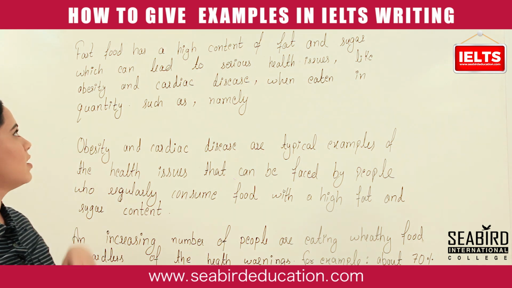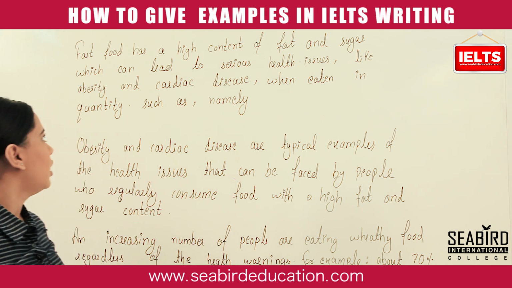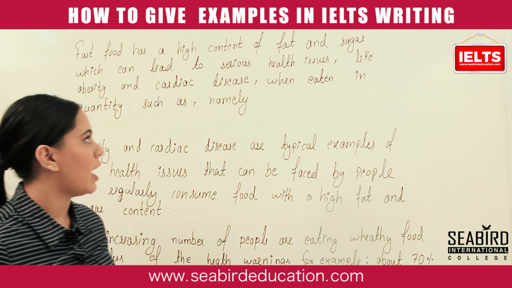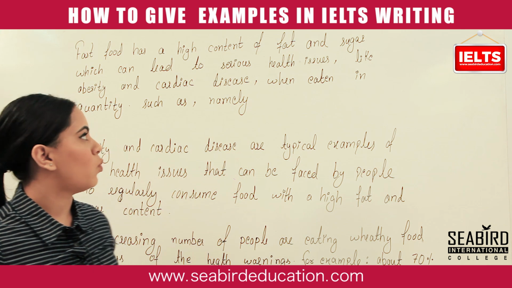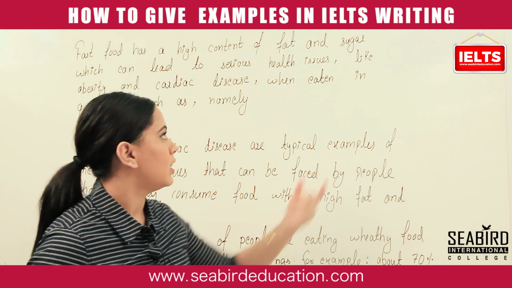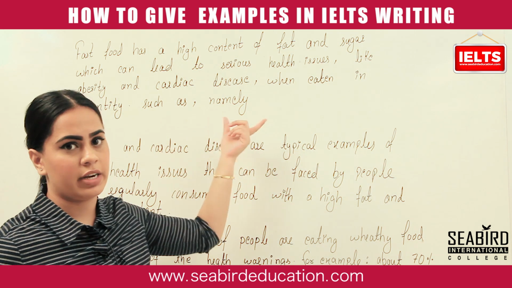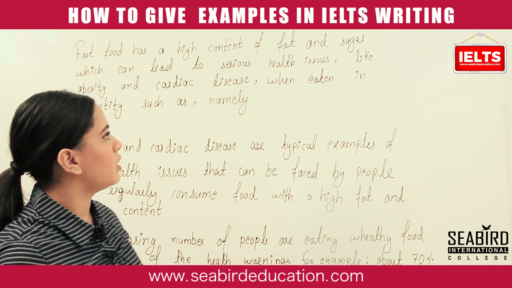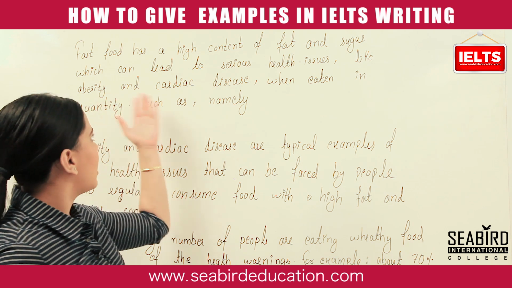The first sentence: fast food has a high content of fat and sugar, which can lead to serious health issues like obesity and cardiac disease when eaten in quantity. Now the linking word here is like. We can replace like by such as or namely, which will then change the sentence into